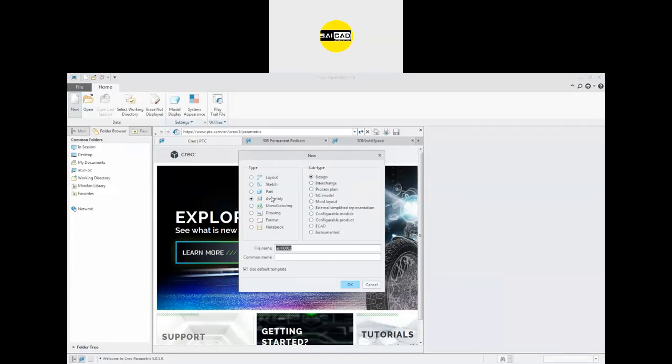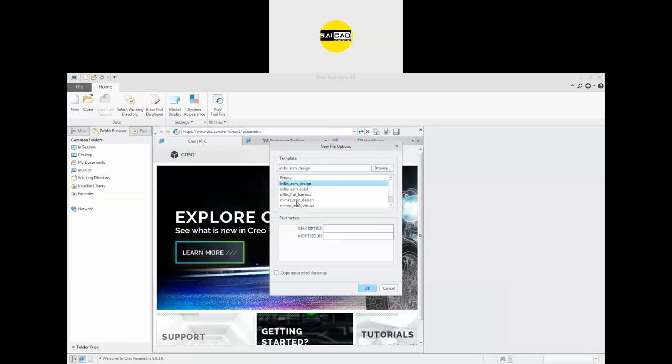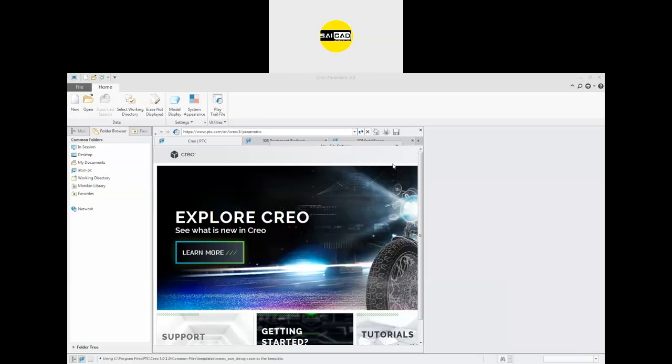Now you can see we have selected the assembly and the subtype should be design. After that, define the name for the assembly and select the unit from here. Click OK and select your desired template from here. So I'm going to select millimeter Newton second assembly design.